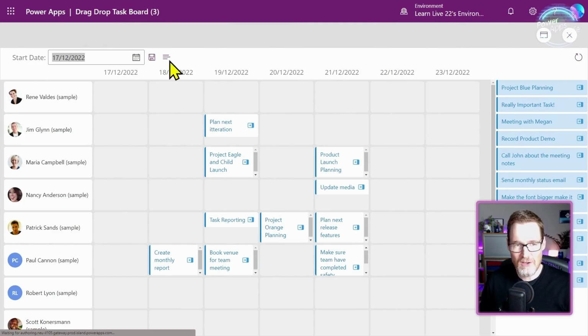So in the next video, we're going to look at how to make this a little bit more accessible, because obviously some people may not be able to drag and drop things. You may be using the keyboard, so you want to be able to tab around and have icons on each of these items here, and so you'll be able to then go and edit that and assign a particular date and a particular person without having to drag and drop it.